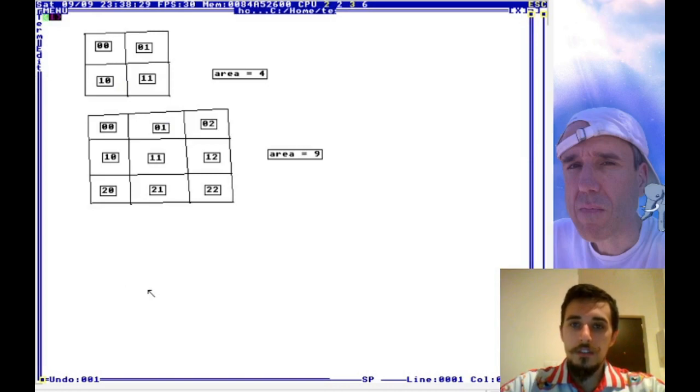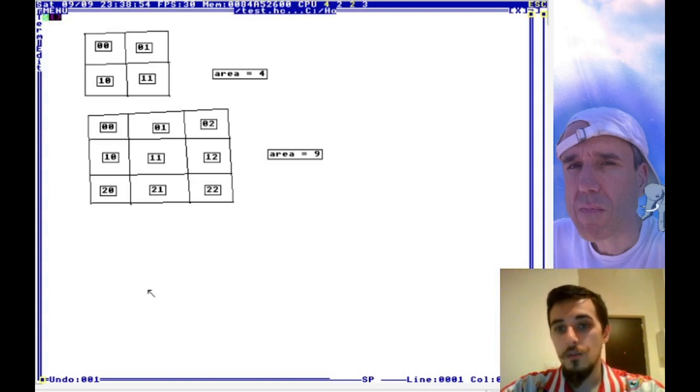I've drawn this little diagram to help explain the next part of this code. As you can see, there are two squares here on the screen, and these represent a kernel of size 2 by 2 and of size 3 by 3. In each position of the kernel, we can see the index. So 0, 0 is the first index, 0, 1 is the added width index, 1, 0 is the added height, and 1, 1 is the last